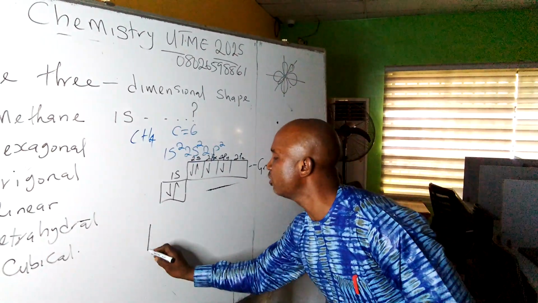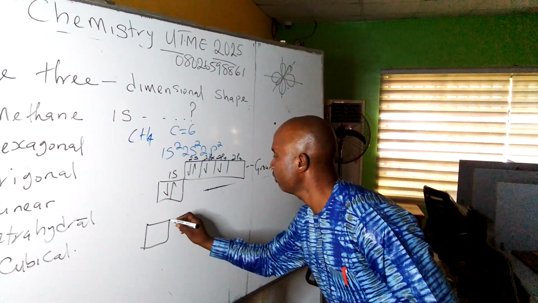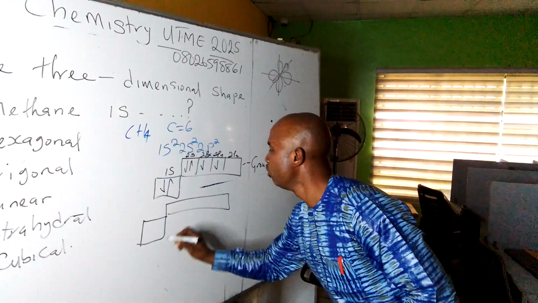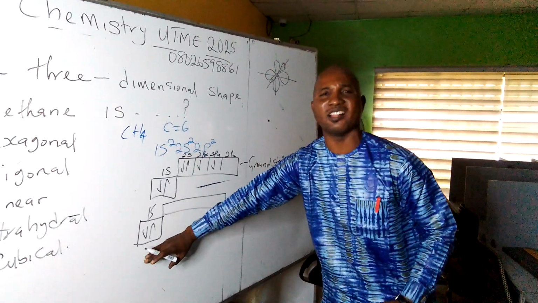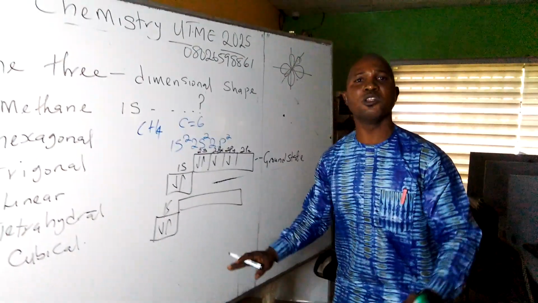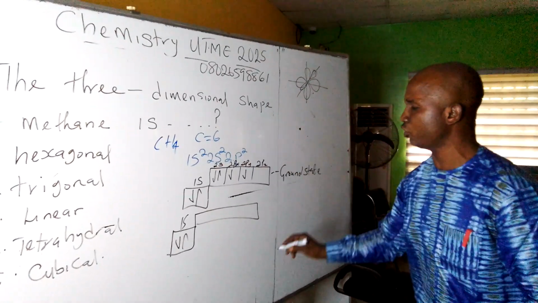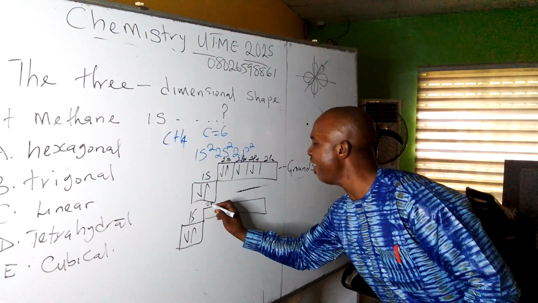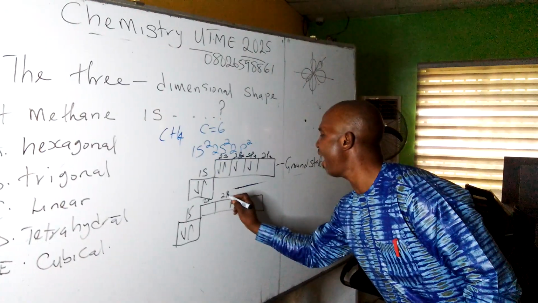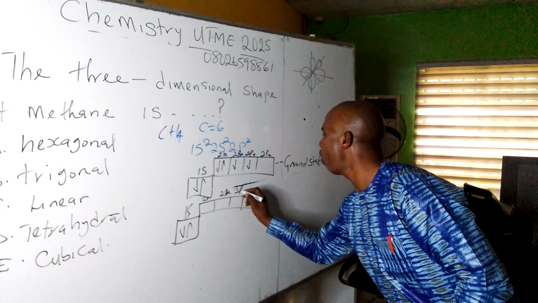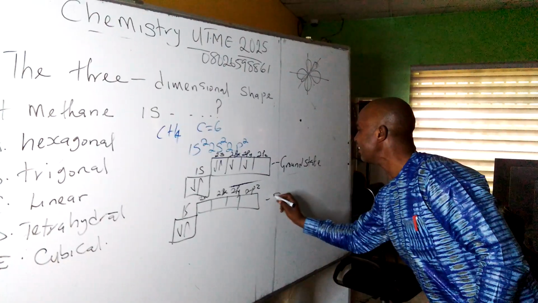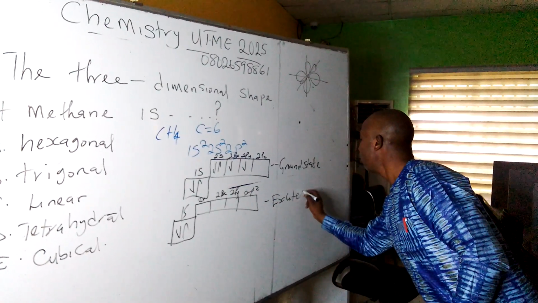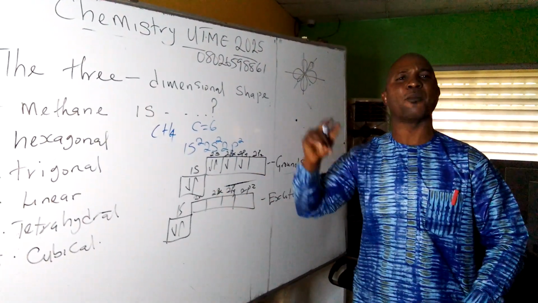Now, let me draw this box again. You have your 1s here. Now, this innermost shell is not tampered with. We deal with the valence shell, which is the outermost shell. Then we have our 2s, we have our 2px, we have our 2py, and we have our 2pz. At excited states, when this carbon atom has absorbed energy,